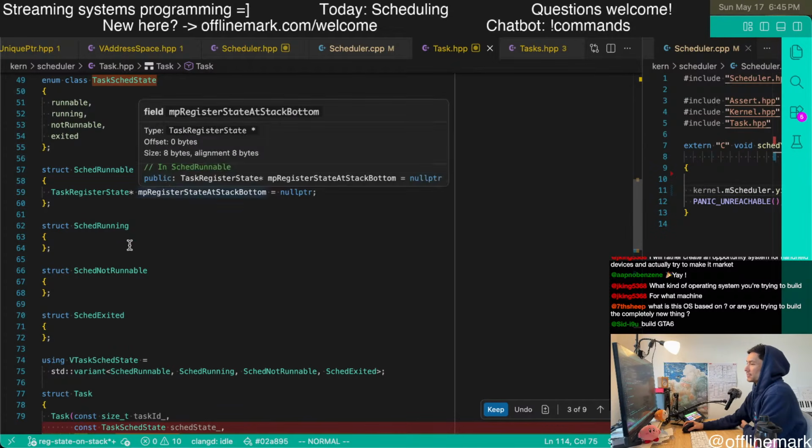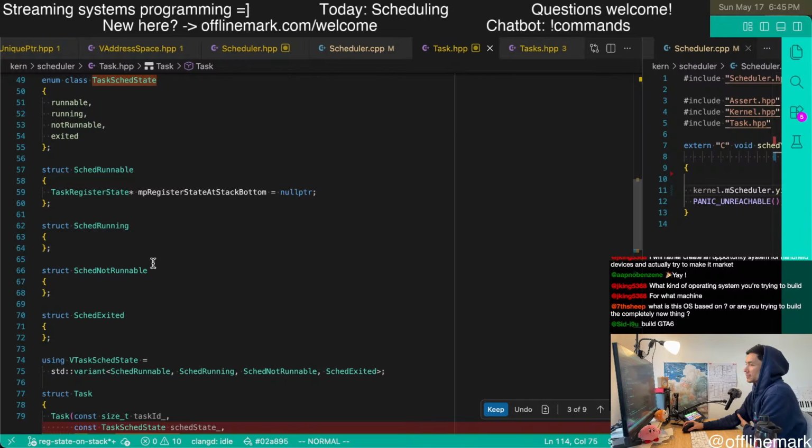As a consequence, if you construct it with a weird state, there's nowhere to store this register state, so you can never run that task.